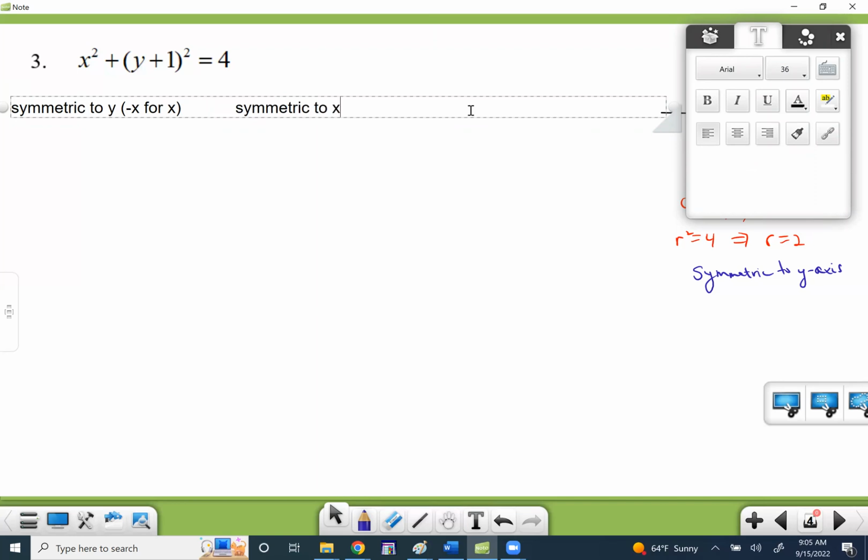Symmetric to x. Negative y for y. I meant to hit space bar, not tab. Okay. Symmetric to origin. We got to do both. All right, you guys. Okay,